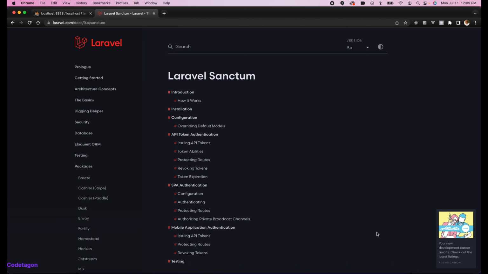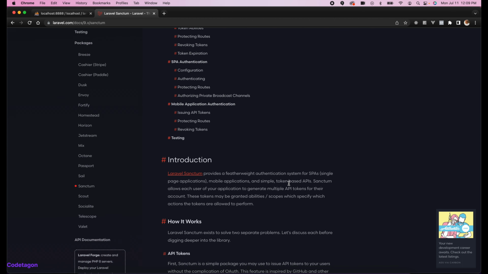Hey guys, today we are going to be building a login and registration API for a Laravel project. So we'll be using Laravel Sanctum. According to the official documentation, Laravel Sanctum provides a featherweight authentication system for SPAs, mobile applications, and simple token-based